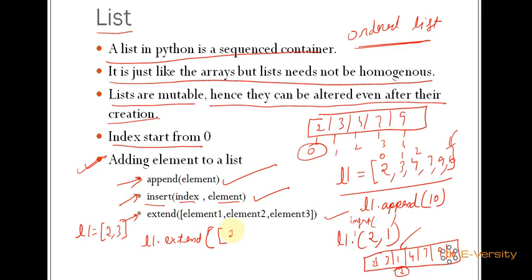I can pass 4 5 6. This way you can pass another list and it is extended here. When you see L1, it has 2 3 4 5 6. But the negative point is that all these elements are added at the end. So these three functions are used if you want to add some element into the list.